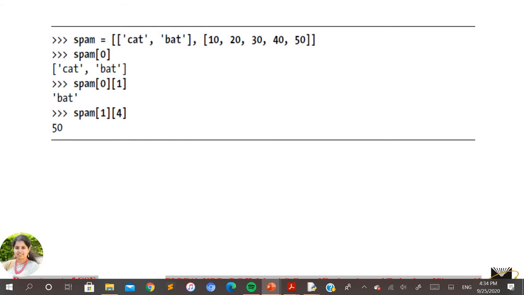So this is how you'll be able to create the list, and you can add the elements into the list, and you even can access the elements from the list with a specific index value. So do practice creating some list variables and add some values of your choice and try to access them with the specific index value, so that you will become familiar with the list creation and accessing the elements here.